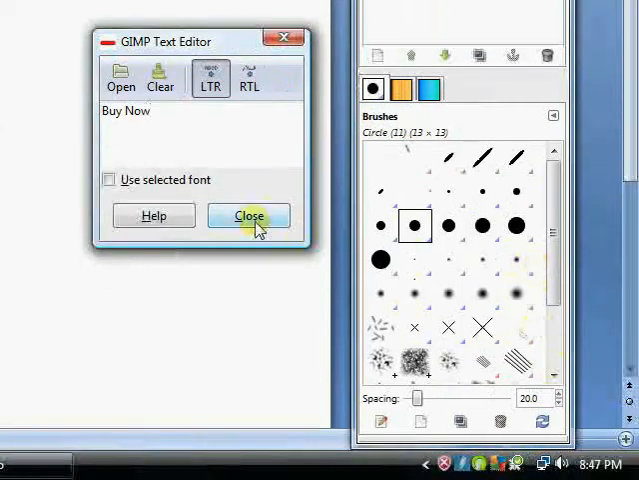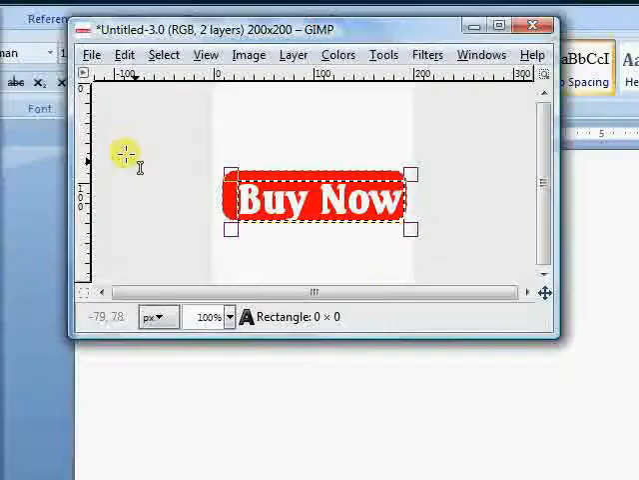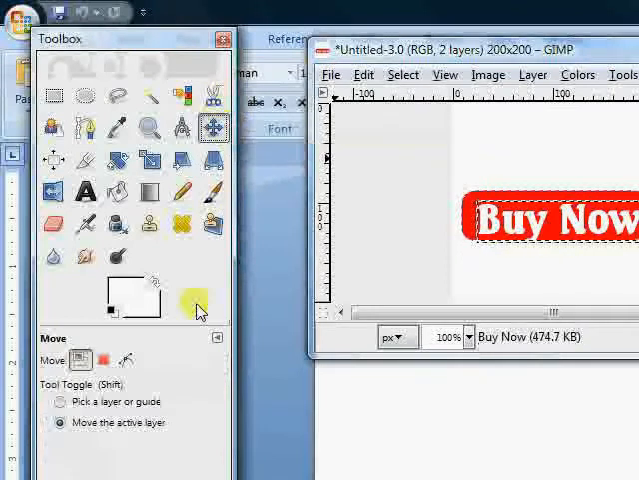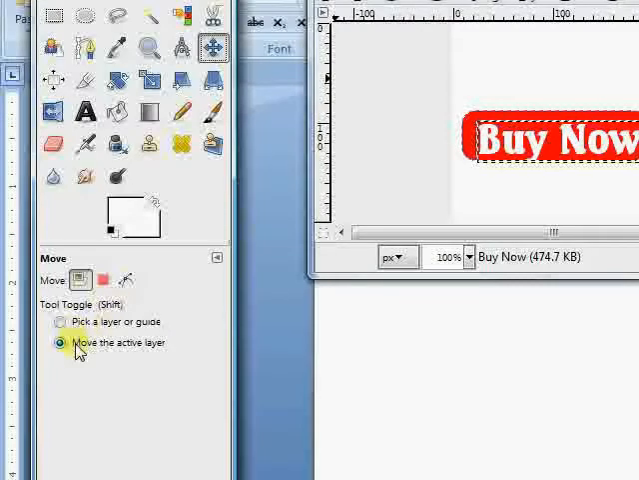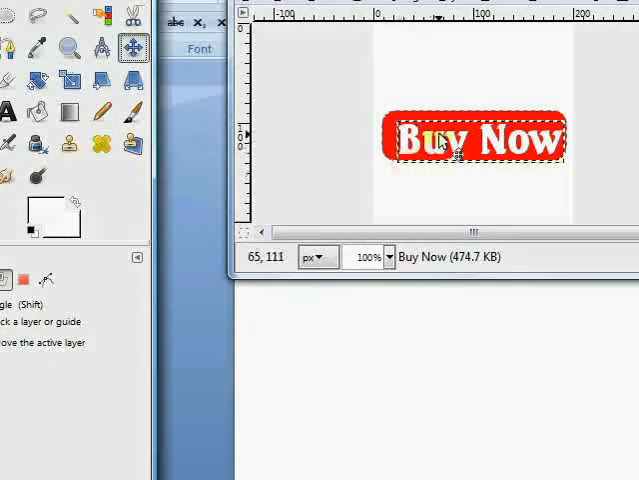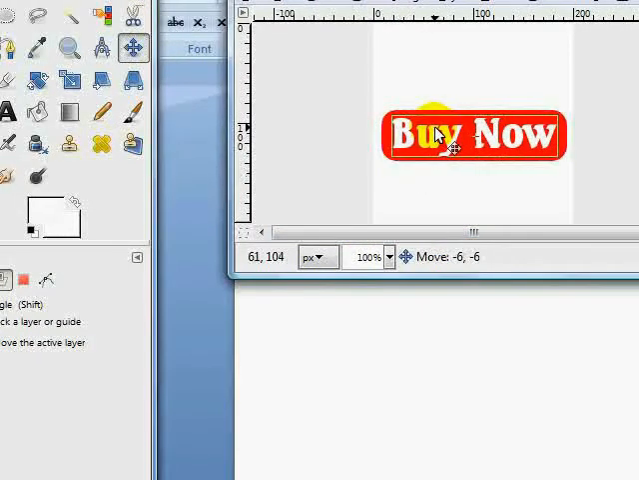and hit close. Go up to our move button, and of course go down and make sure that we have move the active layer, the radio button there, make sure that's activated, or we'll be moving the background around. So now we go up and move the active layer,